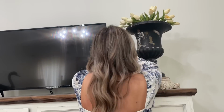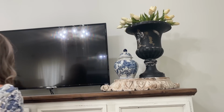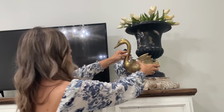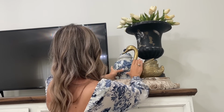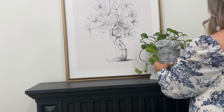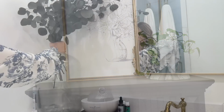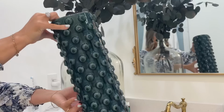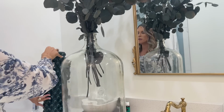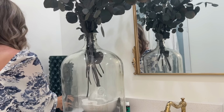And then we're just going to add a touch of blue. I'm just going to put this blue vase right here beside it, this planter we've had in here for every season. I thought I was going to change this up, but I just really like the way that this looks, so I decided to keep it through the summertime. And in this little statue that we've used, I used to have a candle in it. I decided to put a plant, and now this big vase, I decided to move it out of the way,